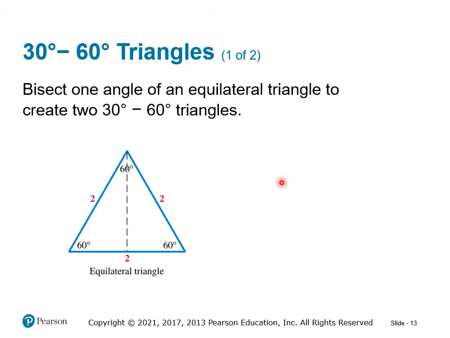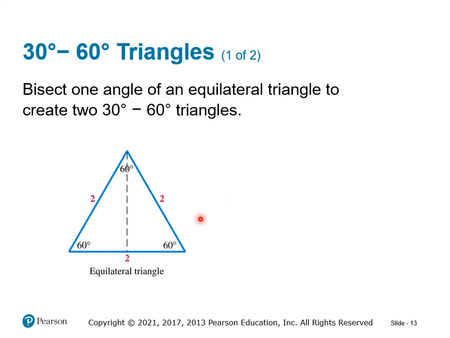So first, if we have an equilateral triangle, remember equilateral has all sides the same. So we have an equilateral triangle with sides of 2, 2, and 2. Because it's equilateral, all of the angles are the same. 180 divided by 3 is 60. So all three angles are 60. Okay? If we cut this